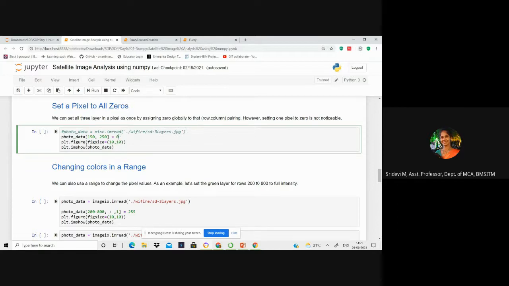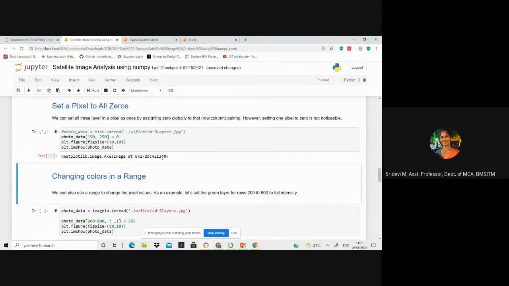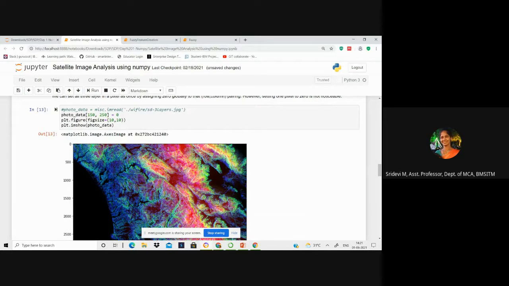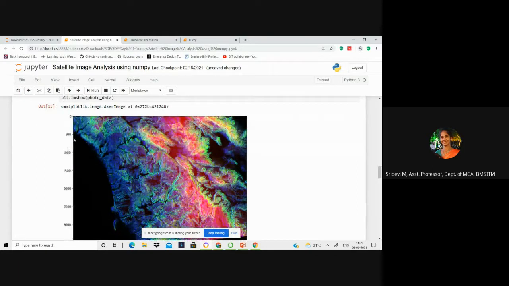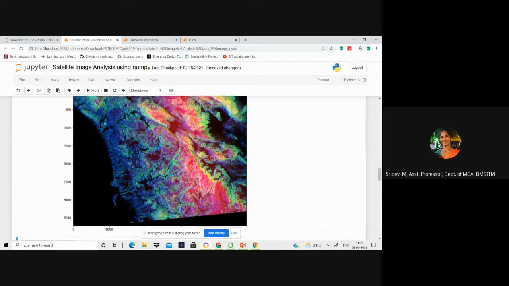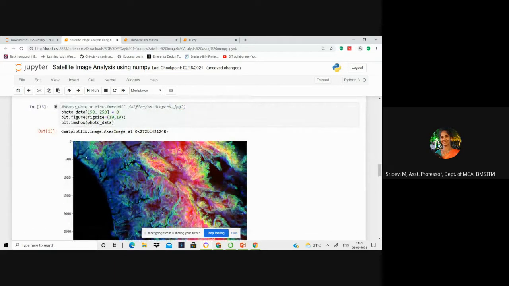So when you display this, somewhere around here, the 150th row, this place, and the 250th column means around this place, you have placed a black dot somewhere here. Can you notice this?